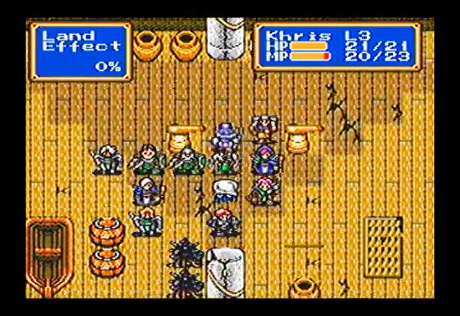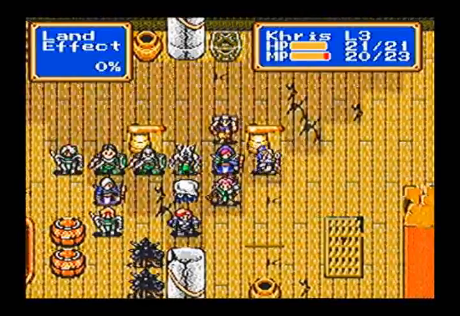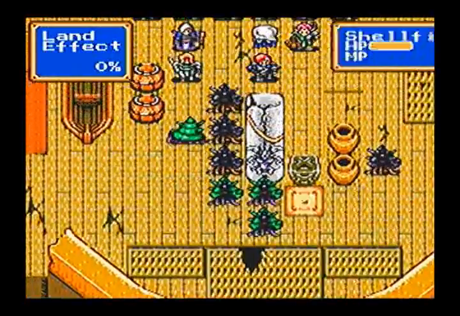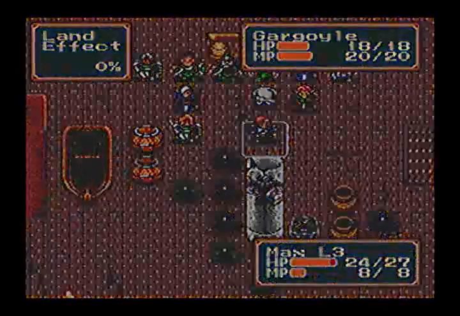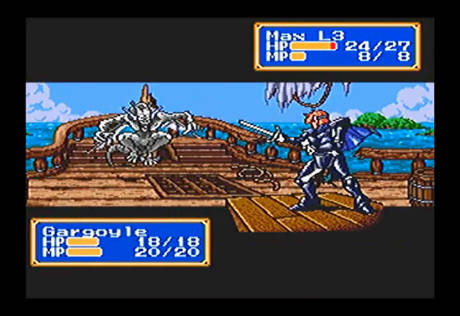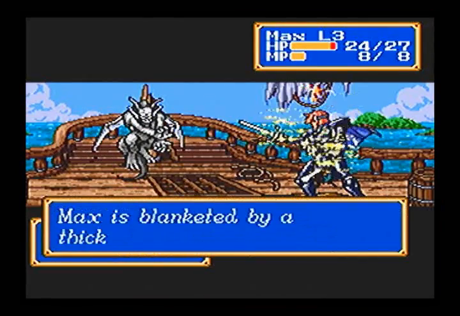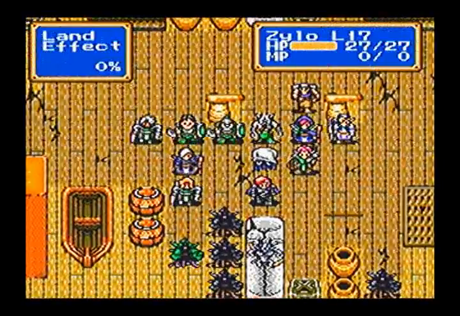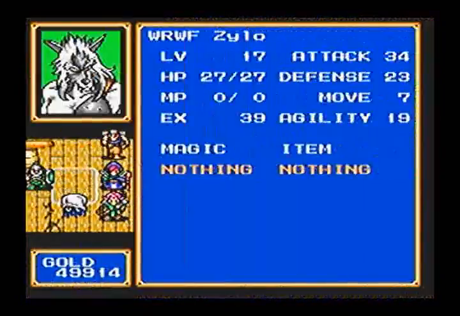Chris, need to keep her out of the front lines so she doesn't take a whole lot of damage. So he's going to try Muddle. What Muddle does is it's just blanketed by thick fog. What Muddle does is it increases the chance